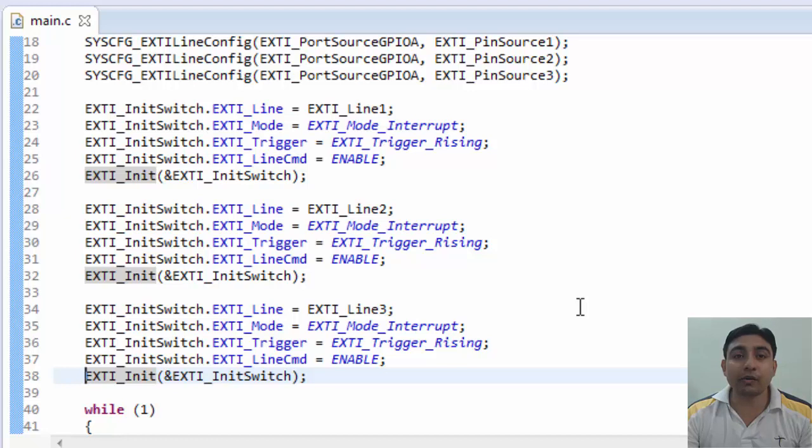Okay, so now external interrupt lines are initialized. Next, we need to configure and initialize the NVIC also for these interrupts. Let's do that.